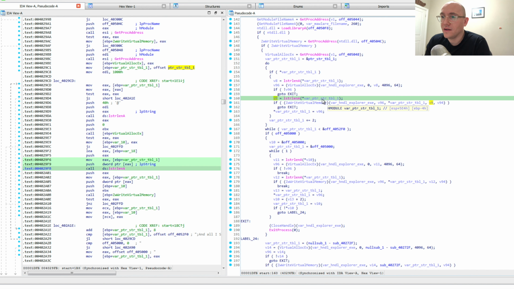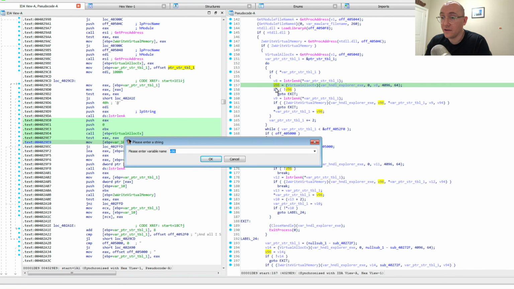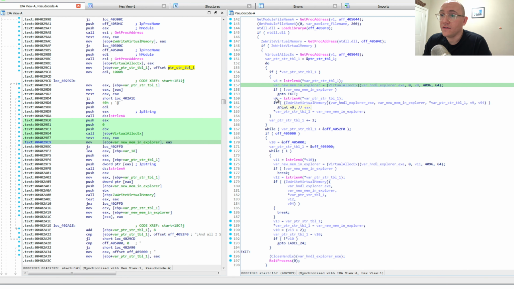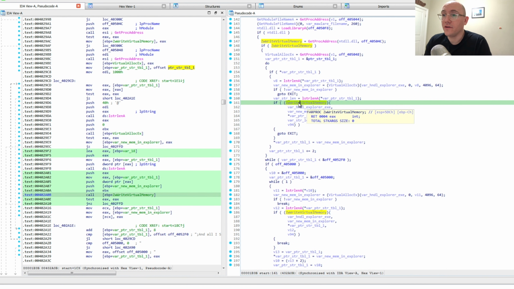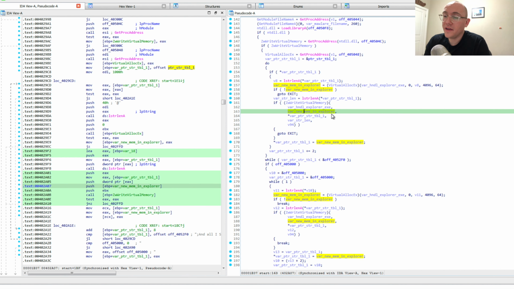So they get the string length of that first word. Then they write that first word into the memory that they've just allocated. I'll just rename this variable so you can see. So this is new mem in Explorer, and this is the string length. So you can see here they're doing a WriteVirtualMemory. The handle that they pass it to is the handle for explorer.exe. They're writing in